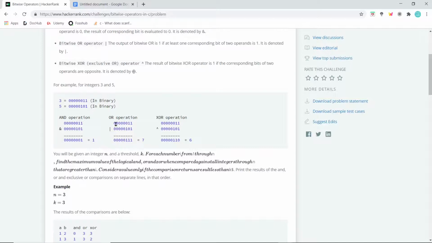Okay, now we do the OR operation. The OR operation outputs a true value, that is 1, if any one of those two values is 1. So we need only one true value to get the output true. Here we have both true values, so this will obviously be 1. In the second column we have a single 1 value, so the result is 1, since we only need one true value. The third column is a similar case.